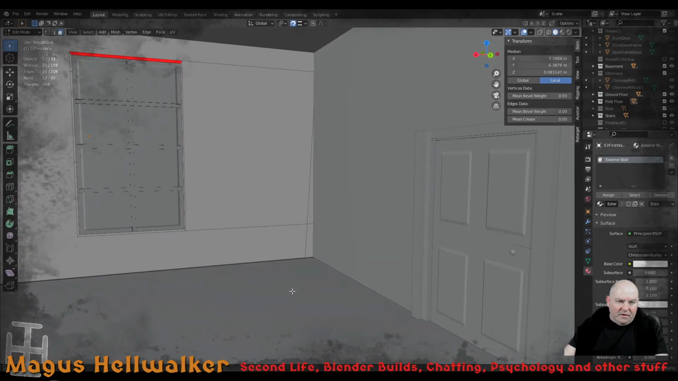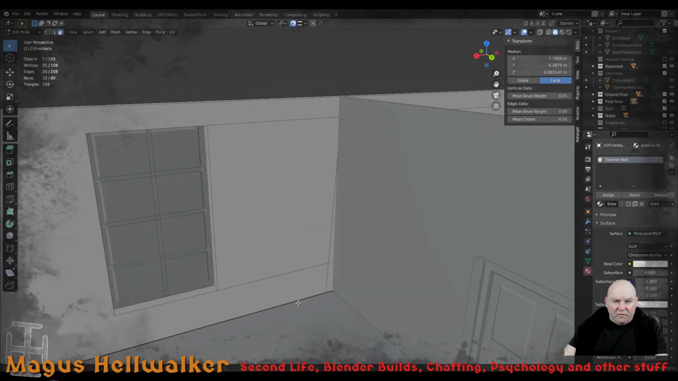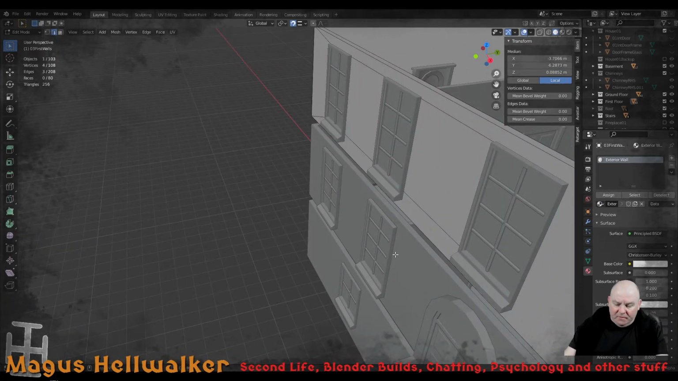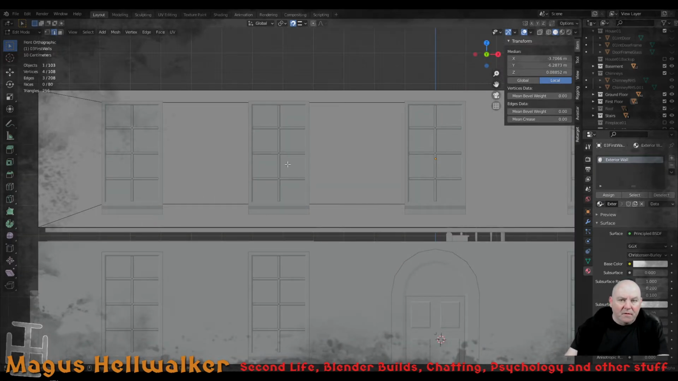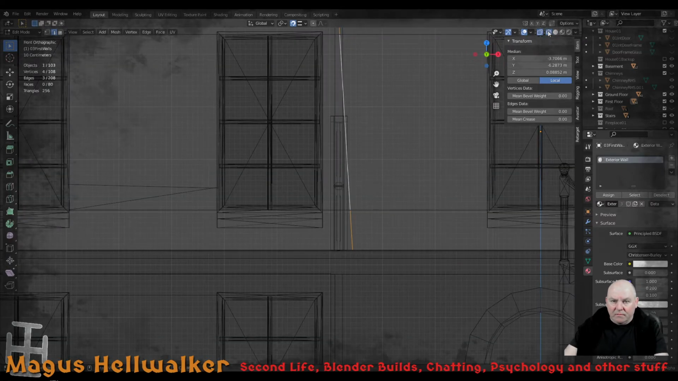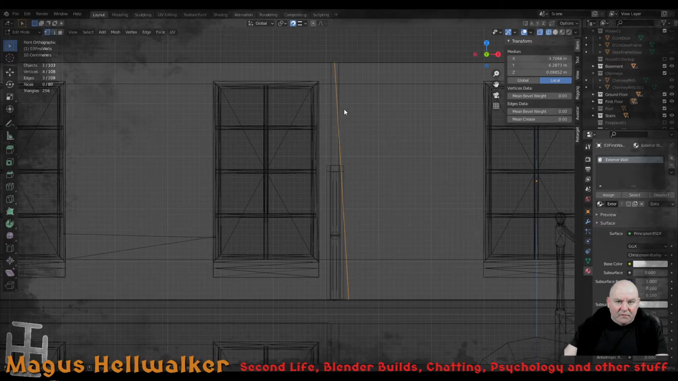That's actually not a very good idea, is it? Because, okay, no, I think that'll be fine. So if I select that, that's fine. Go from the front. We go into X-ray mode. There we go. All I have to do now is go into vertex mode